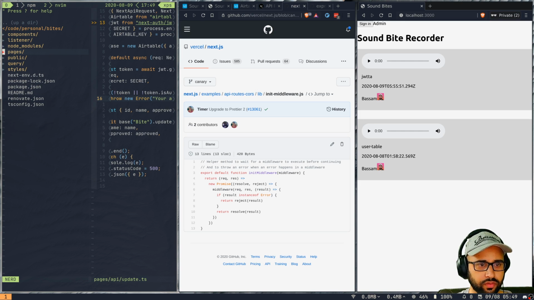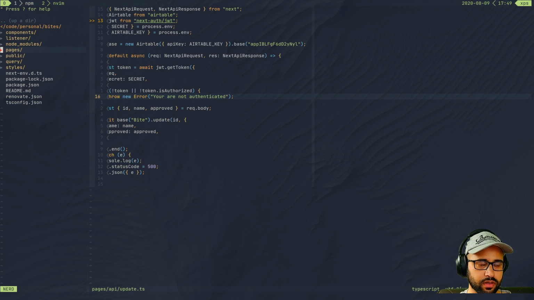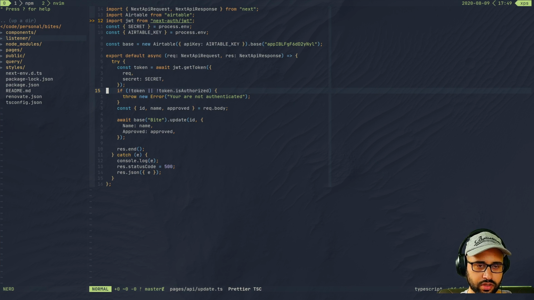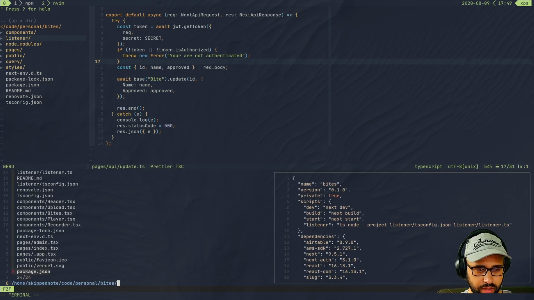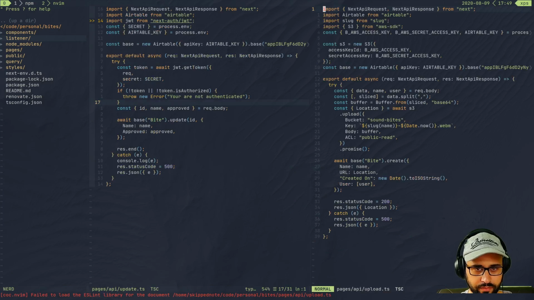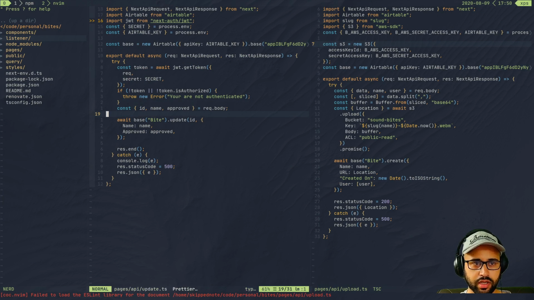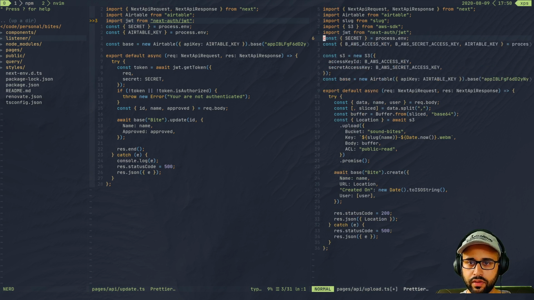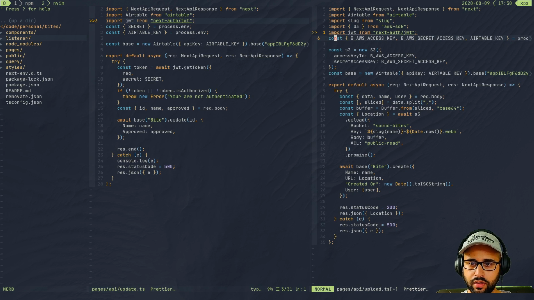I think we should do it for upload as well, right? At least the user should be signed in. So there should be a user ID. So let me just open it in a new tab, upload. Right, so there's no token check here, right? So let's pull in everything that we need. So we need these two properties. We can access secret directly as secret,